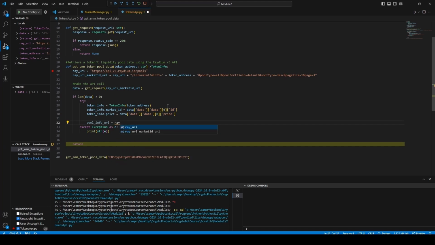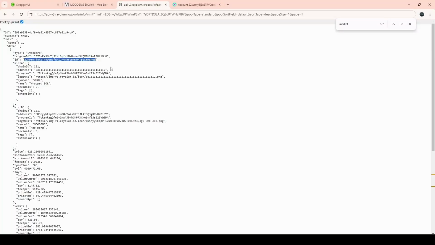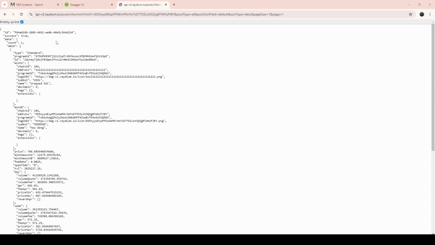So we're going to use Raydium API URI. I'm going to create another URI, okay? And just follow my lead here. Key IDs equals, and then we're going to add in, what are we going to add in? Our market ID. So this should be my URI. So basically what I'm doing here is taking this market ID, whatever it is. So let me go back to my thing here. ID was this, right? All right, so all you have to do is grab this ID and go ahead and copy it into,